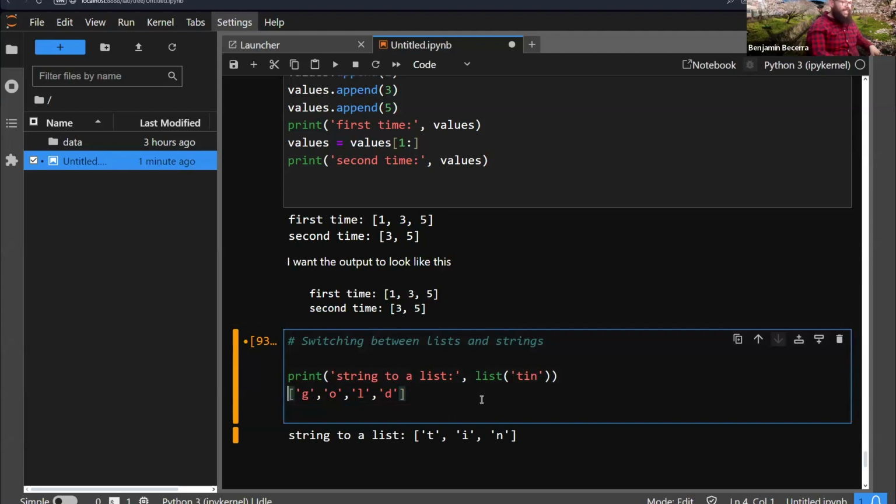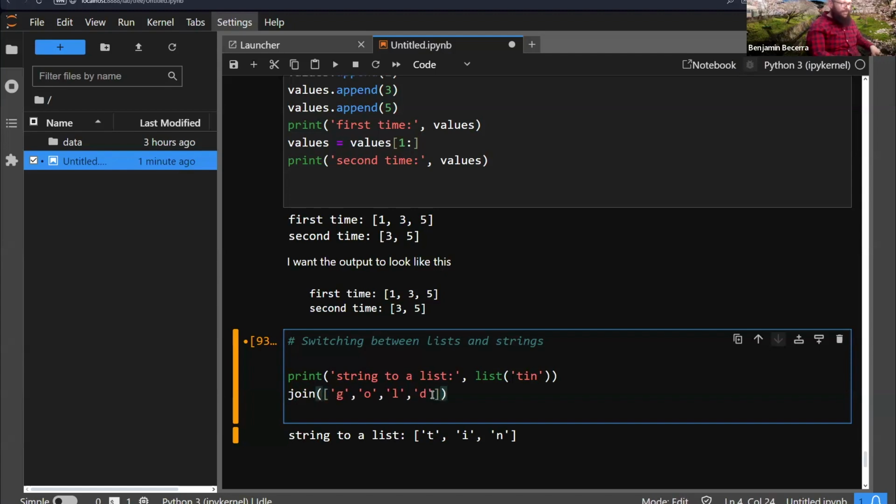And actually, I want to put this back into a string. How would I do that? This one may not be that intuitive, but you can use the join function. But this one's a little weird, right? So if I try to do this,